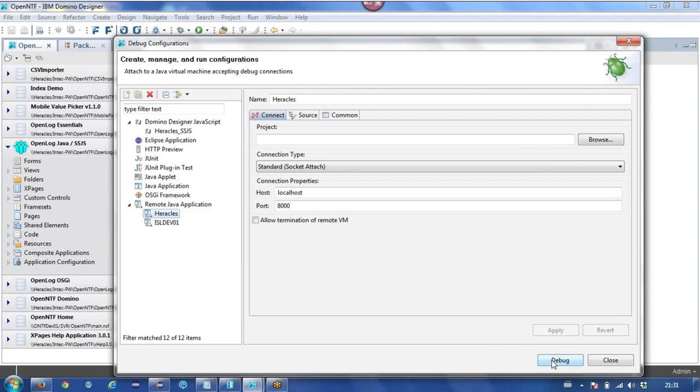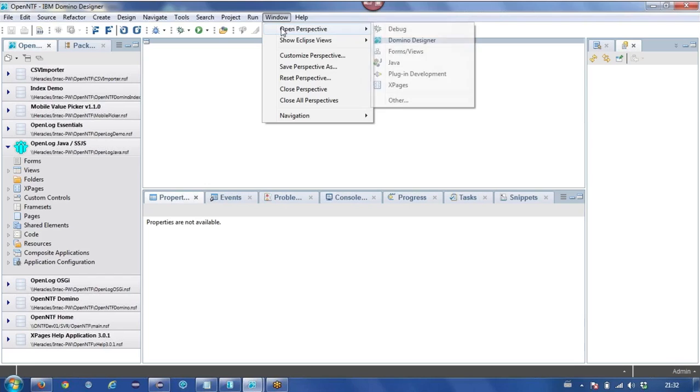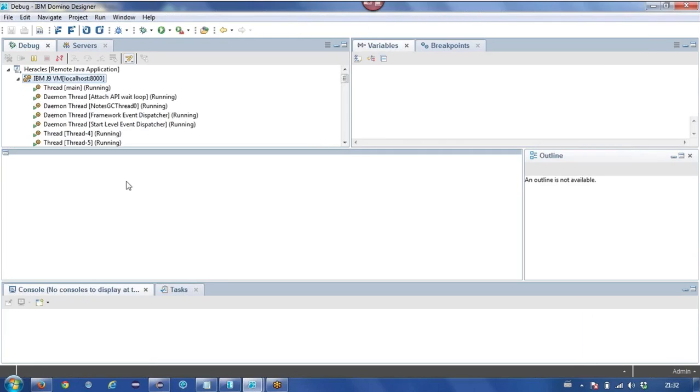Once that's set up, then to start debugging, you either click Debug, or more often than not, you'll go up to the Debug icon, select the server, and it will start debugging. How do you know? Well, easiest way is in the debug perspective, you see that it's connected here.